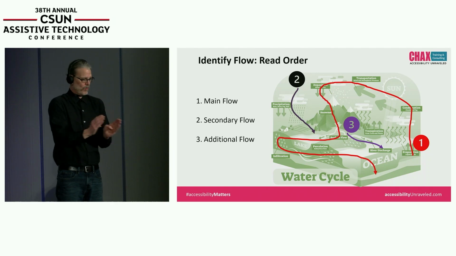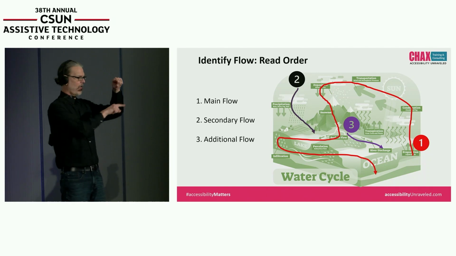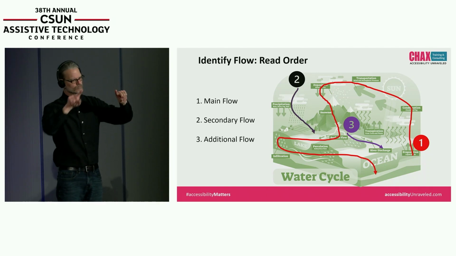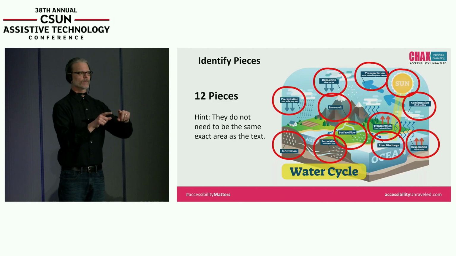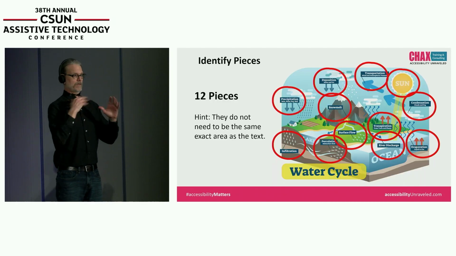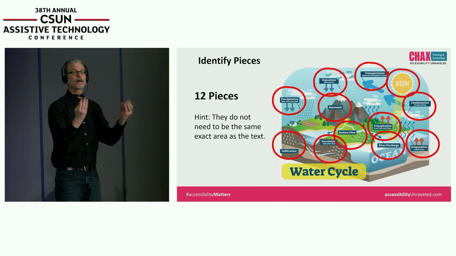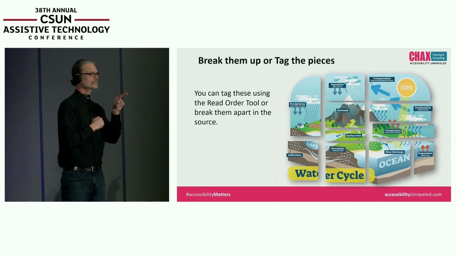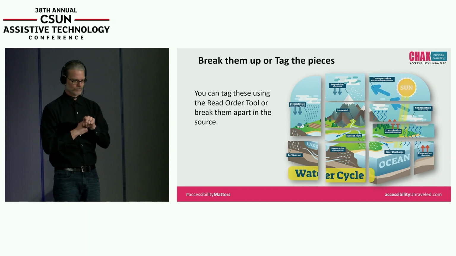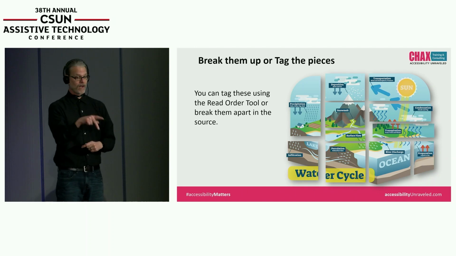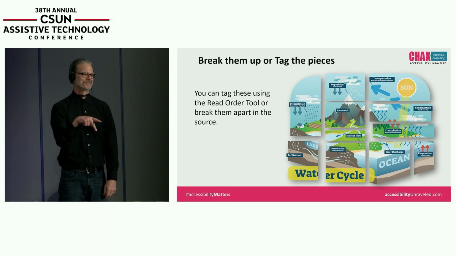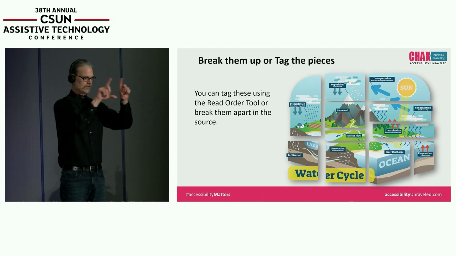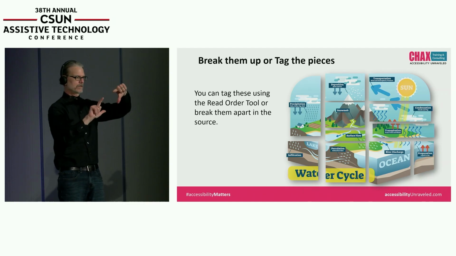A meaningful sequence. So I would develop that meaningful sequence, and then I'm going to divide my image up into how many parts I need, because I want them to be able to walk through each one of these elements. If I'm in PowerPoint, it's very easy to crop. You put your image inside PowerPoint, and you start cropping. You make a copy of it and you crop the other direction.